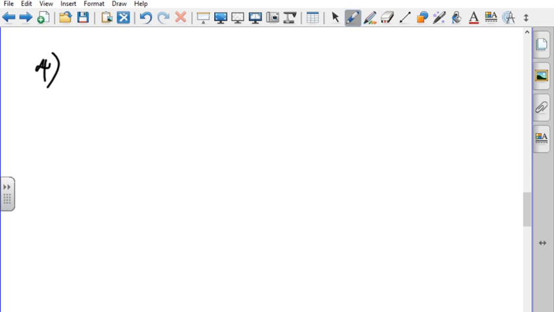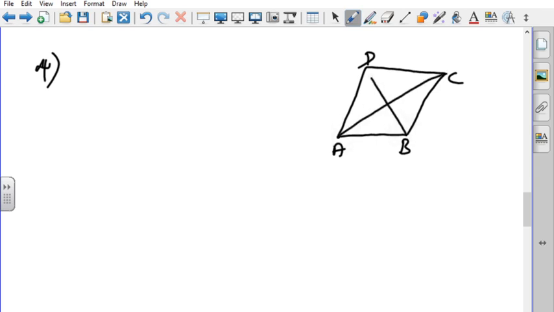So diagonals of a rhombus, what is meant by a rhombus? Rhombus is nothing but a slanting square, isn't it? So let us consider ABCD be a rhombus. Okay, diagonals of a rhombus intersect each other at right angle. What will be the diagonals? AC and BD. So the direction will be like this. Okay. So now let us write here. AB can be written as A vector and BC can be written as B vector. So what is DC? DC is nothing but minus A vector. DA is nothing but minus B vector.